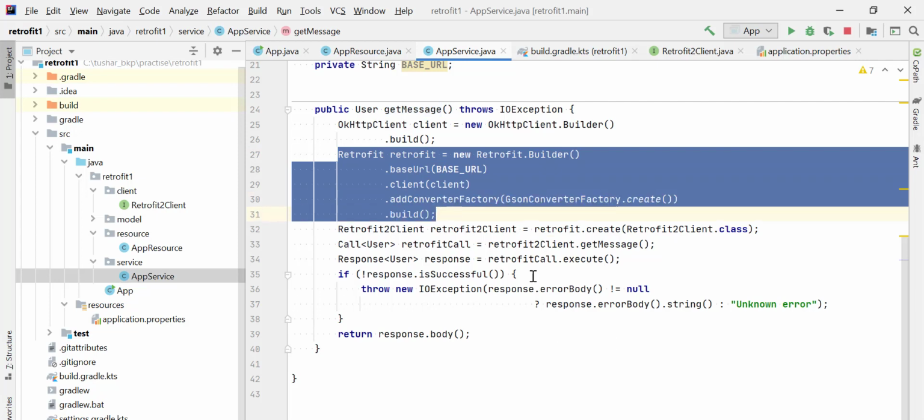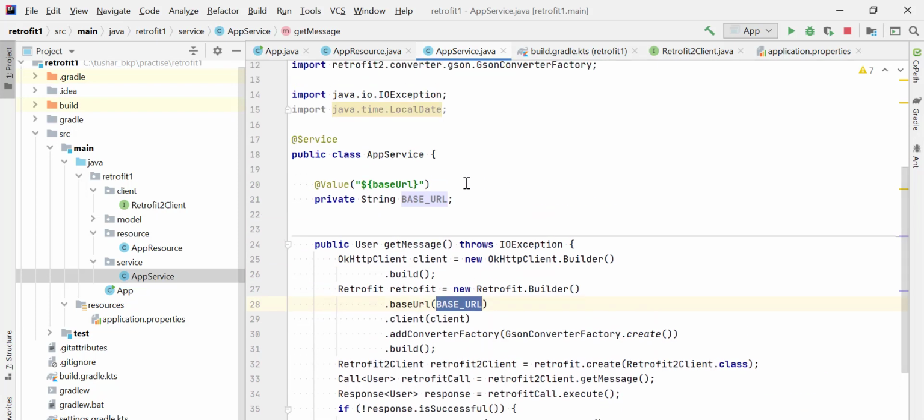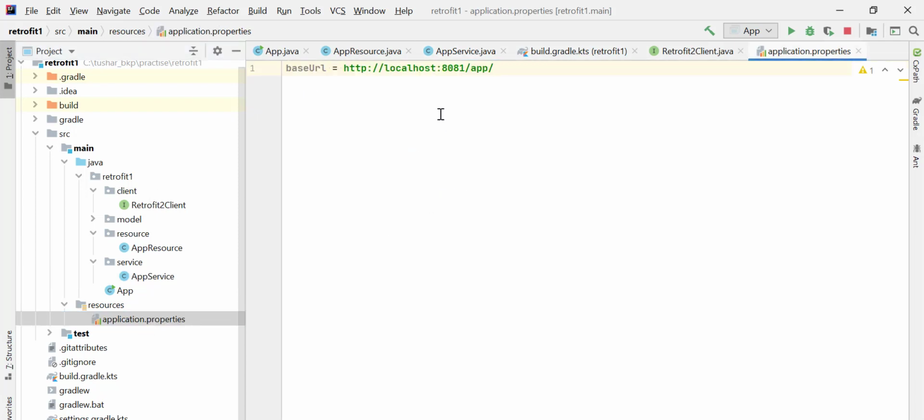After creating this Retrofit object, we have also defined the base URL. The base URL represents the URL of application B that we have defined inside our application.properties. This is the URL with the port number. Application A is using 8080 and application B is using 8081.